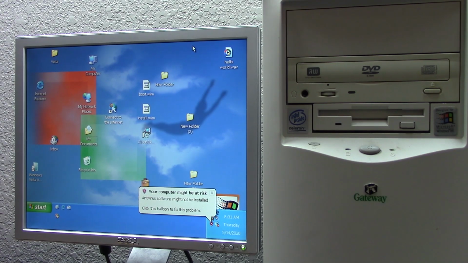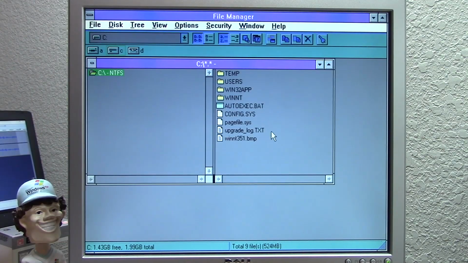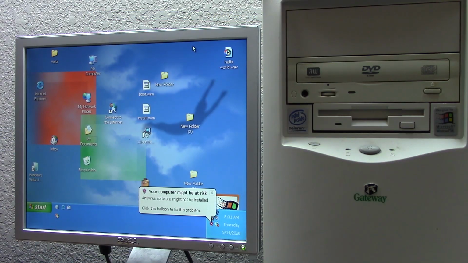Now in today's video we're going to be doing a follow-up to this video that you guys may have seen a couple days ago, or I guess close to a week ago on this channel, where we took a look at trying to start from the very first version of Windows NT and upgrade all the way to Windows 7. It was basically a different version of another video that I did on this same computer where we started